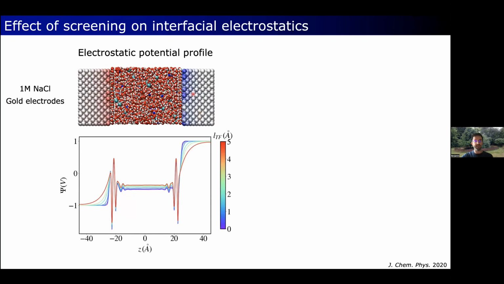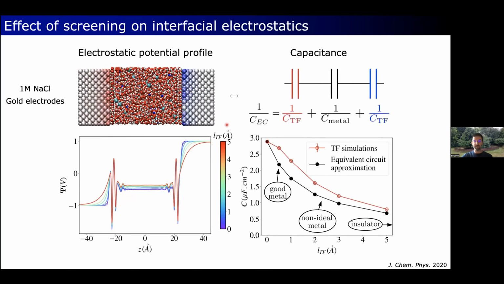It's also the case, here on a linear scale, for the potential inside the electrode. Here you have the potential profile across a gold aqueous solution capacitor. You have oscillations at the interface related to the structure of water, but what you see here is exponential decay within the metal. And associated with this finite decay of the potential, you have a capacitance which depends on the